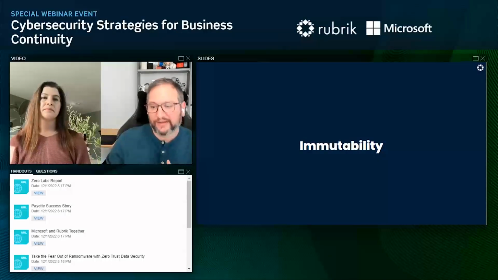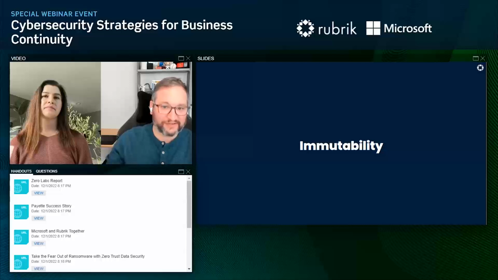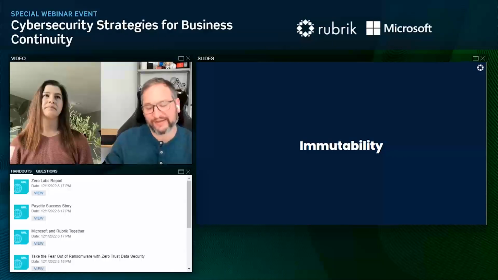That's fine, except that attackers are hip to that idea. And so what they are doing now is they're specifically going after backups, and they're taking those immutable pockets of data that you have, and they're saying, okay, I'm going to change the policy so that data becomes mutable sooner, like tomorrow. And then they can go in and basically corrupt or destroy your backups so that you can't recover, forcing you to pay a ransom or whatever goal they're trying to achieve.